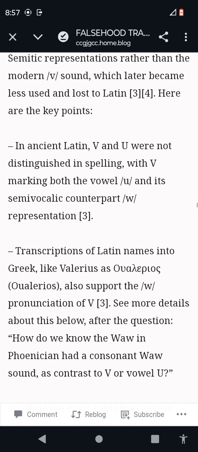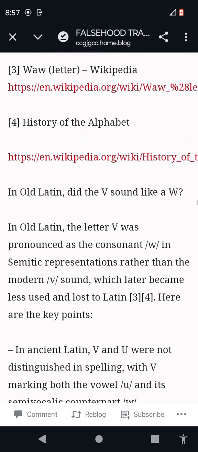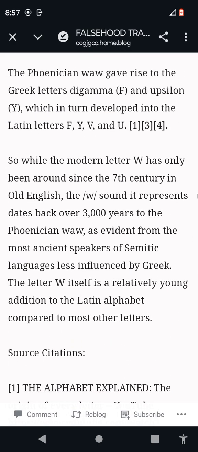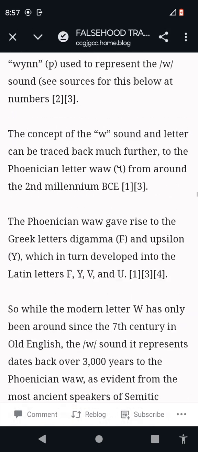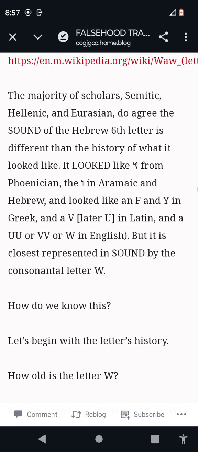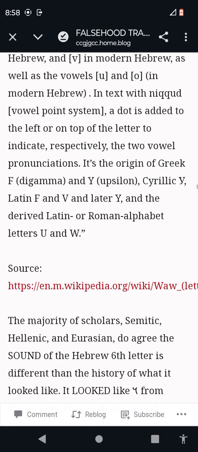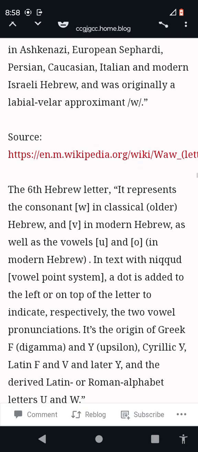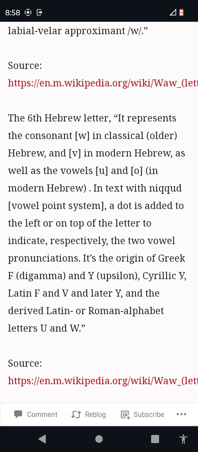Let's see, the V in ancient Latin, V and U were not distinguished in spelling. That's not what we're looking for. Nonetheless, we know that the letter W never represented, before the time of Christ, anything other than the W sound, because, as a matter of fact, right here, the sixth Hebrew letter, it represents the consonant W